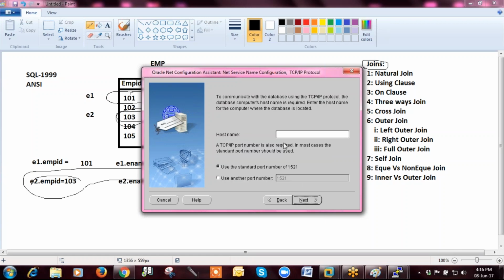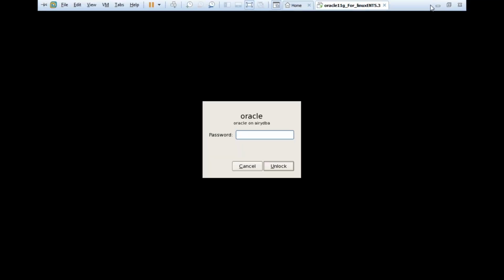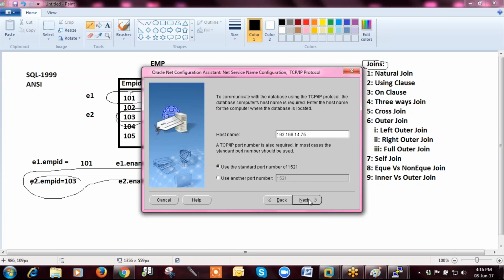Thereafter you have to provide the IP address. This is my IP address of this VM machine, this virtual machine.